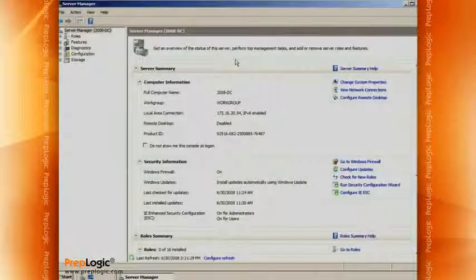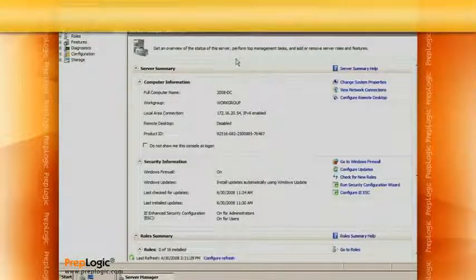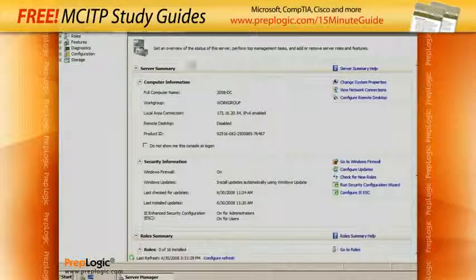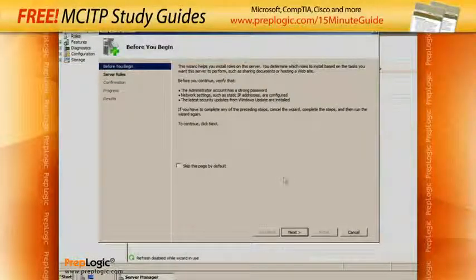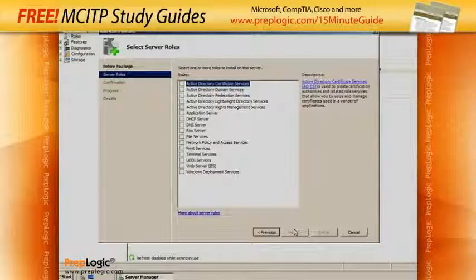Let's take a look at a fresh install of Windows Server 2008 so you understand where you're going to go in order to install the Active Directory Domain Services role. Inside Server Manager, which is the utility that runs every time you log on to your system, you're going to select Roles, and then you can simply choose to add a role. This brings up the Add Roles wizard, which you should get very familiar with if you're taking a look at certification, and that you're probably going to want to get very familiar with if you're looking at bringing 2008 into your environment. When I select Next, it brings up a list of all of the roles that I can install